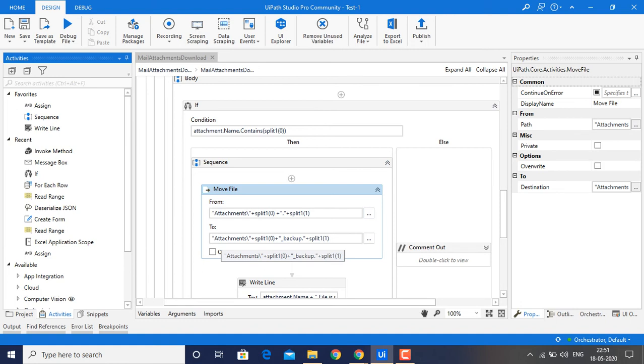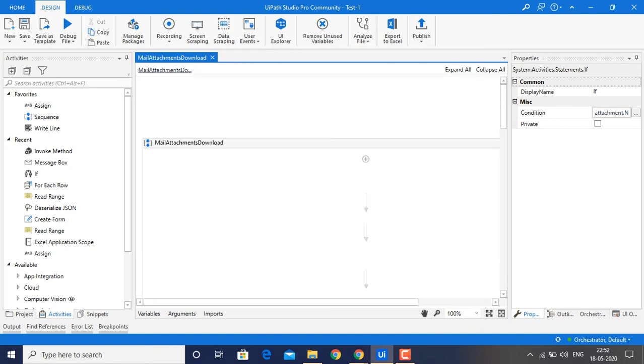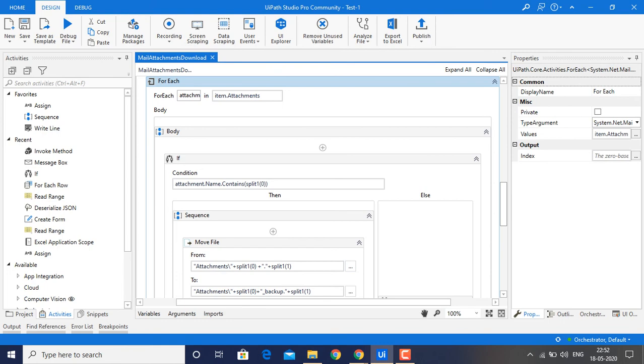Attachments underscore split of 0 underscore backup dot split. I will show you guys later after doing this one. Without the file extension we can take the name. If we do, we will get backup as a name.